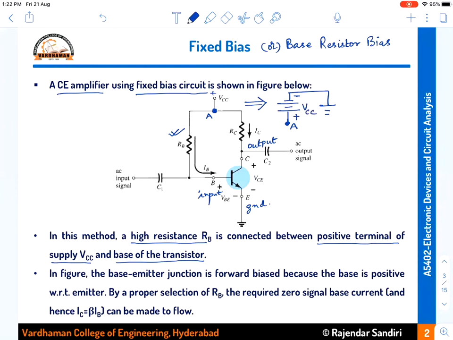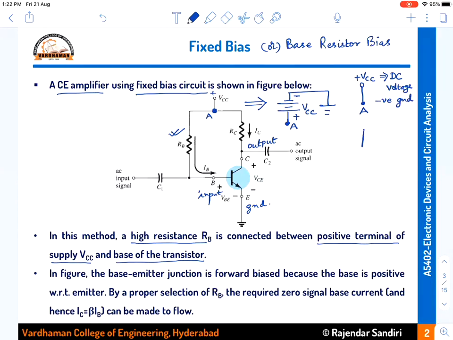So at any node A, if you write a connection like plus VCC, the meaning is that it is a DC voltage or DC battery whose positive terminal is connected at node A, and the negative terminal will by default be connected to ground. Here it is positive voltage, and negative is connected to ground.